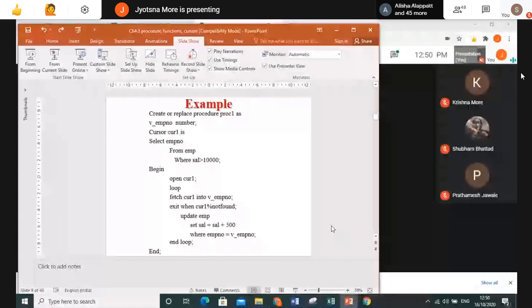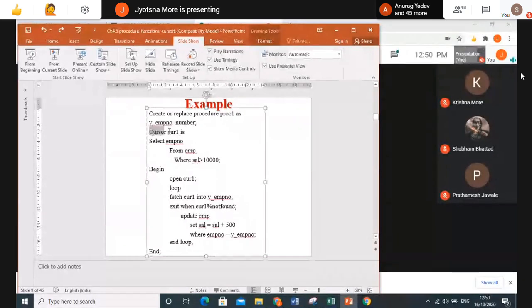This is another example where I explain with the help of a cursor. As I told you, a cursor is nothing but a temporary storage. Instead of writing the things every time that I want to use somewhere, I will store the result of this query in this cursor one. I have given the name cursor one; cursor is a keyword where I am creating the cursor. Whatever is there, the result will get stored into this. And then from here I am starting my procedure.